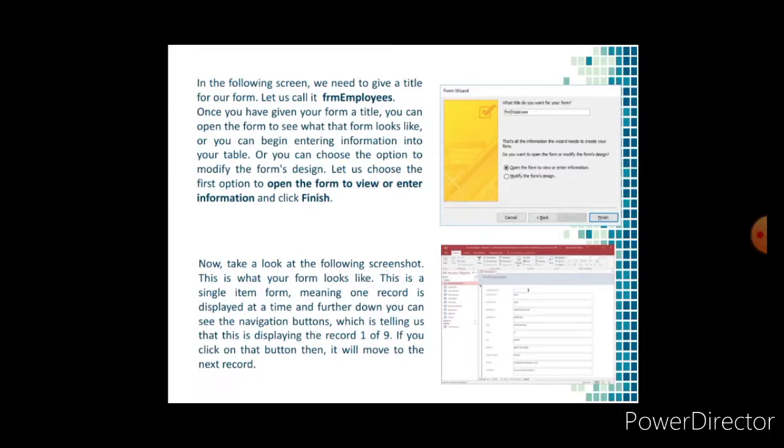Once you have given your form a title, you can open the form to see what that form looks like, or you can begin entering information into your table. You can also choose the option to modify the form design. Let us choose the first option to open the form to view or enter information and click finish. Now, take a look at the following screenshot. This is what your form looks like. This is a single item form,